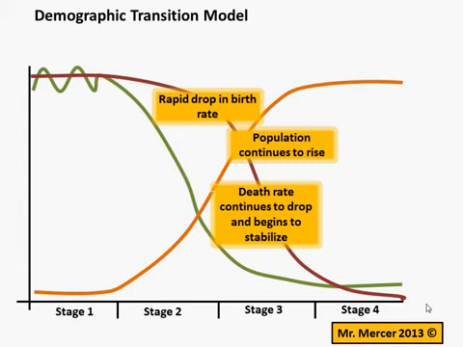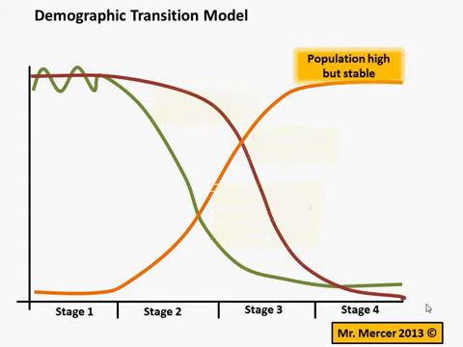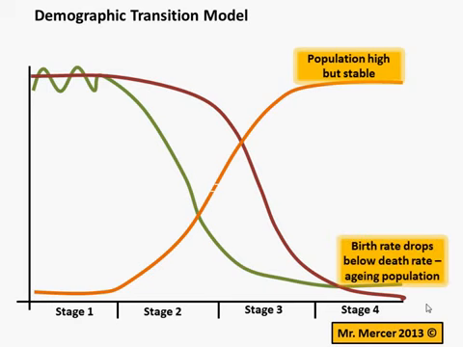Moving on to stage 4. In stage 4, what we see is the population is high, but it's stabilised, and that the birth rate has dropped below the death rate, resulting in an ageing population. Now, there are two and a bit descriptions there. The explanations here are interesting